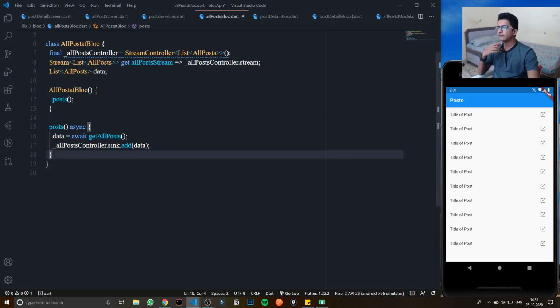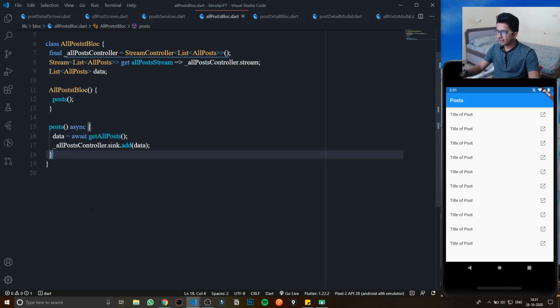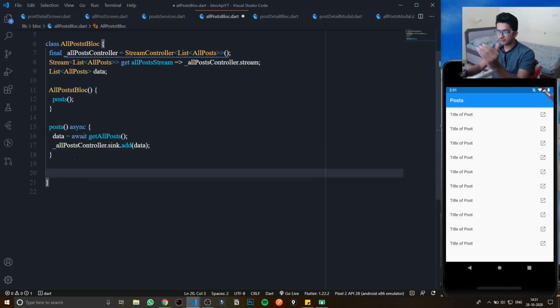One last thing. Every time in BLoC there is one last rule. There are certain rules, which are stream, sink, stuff like that, and the last rule is we have to close that pipe after it has been used.